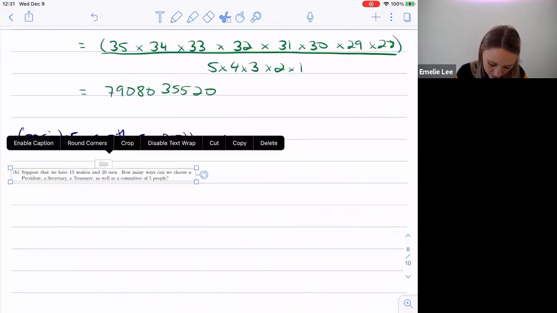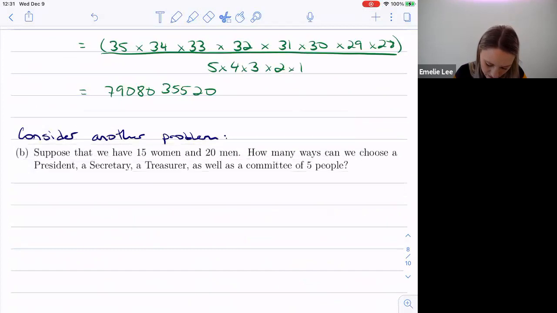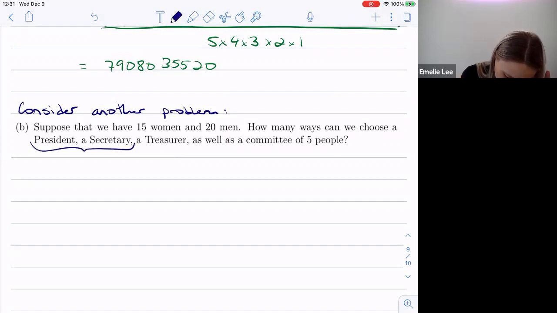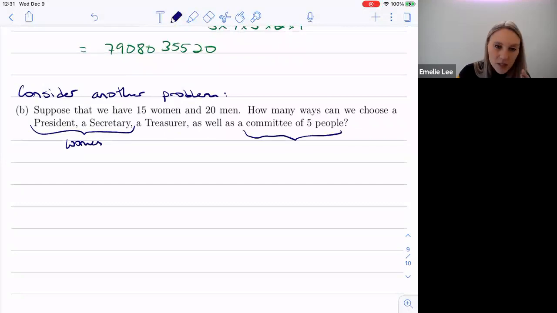Something where we're specifying the gender, because we've got 15 women to choose from and 20 men to choose from. I would probably approach this slightly differently. So let's say, I'll follow your lead here, the president and the secretary have to be women, and then the treasurer is allowed to be whatever. And the committee has to be,